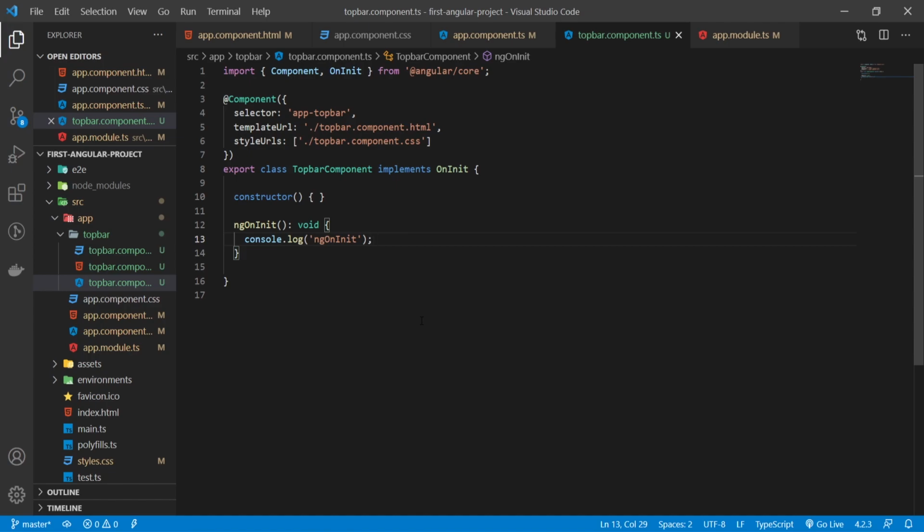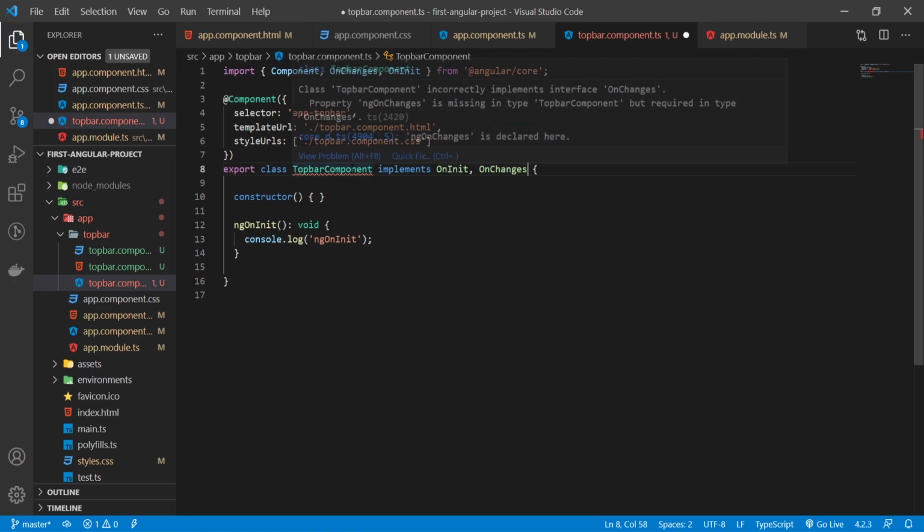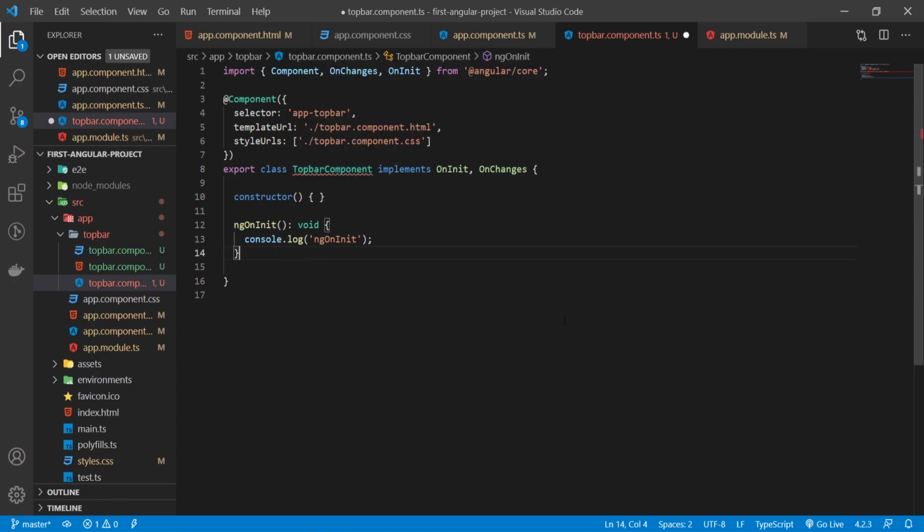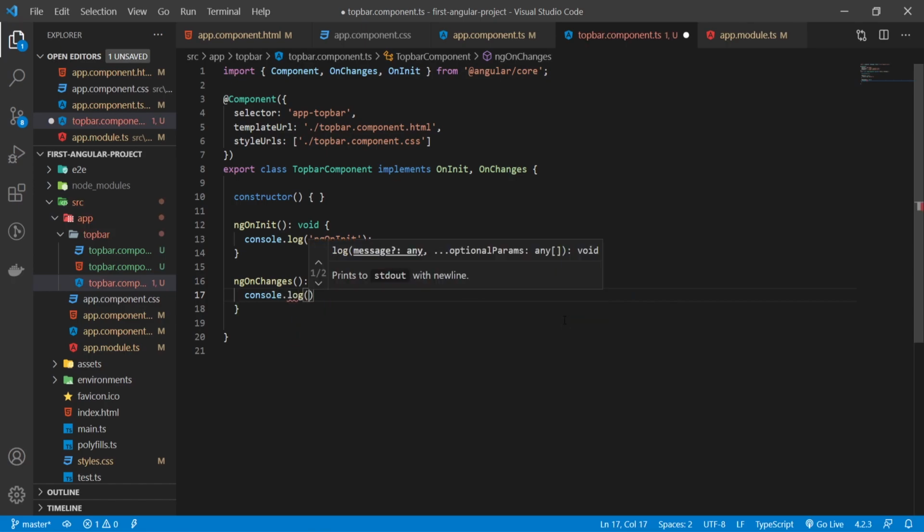One of the hooks that we could also implement, next to this, I will implement ngOnChanges. It should be imported from @angular/core. It shows us the error now because as we implemented ngOnChanges, it also expects to have this ngOnChanges method. So below my ngOnInit, I will use the ngOnChanges method, which should return void here, and I will just console.log